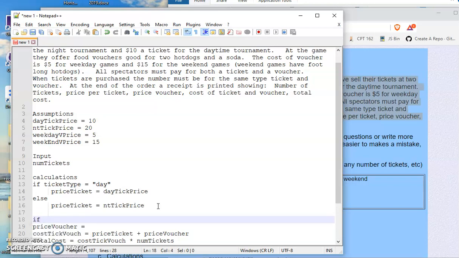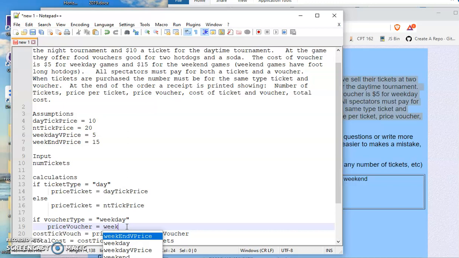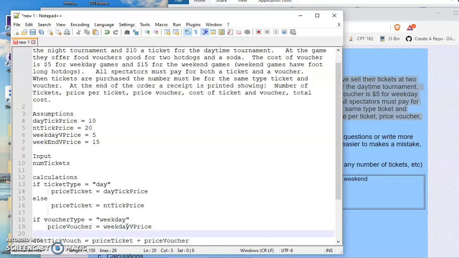If voucher type equals weekday, and that has to be in quotes because it's text that we're going to be comparing. If we don't use quotes, it's a place in memory. If it's a weekday, then the price of the voucher is going to be the weekday V price. And again, I'll just select it from the list. Again, I don't make another decision if voucher type equals weekend,